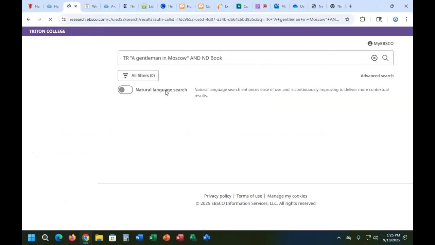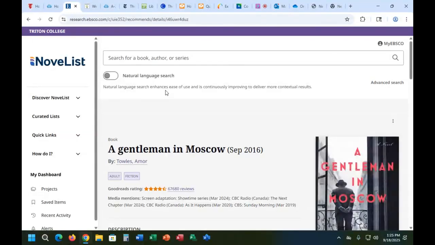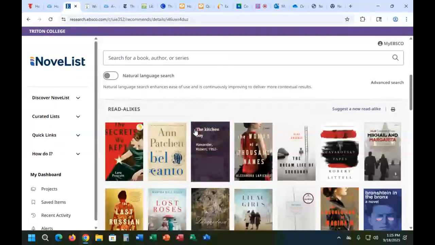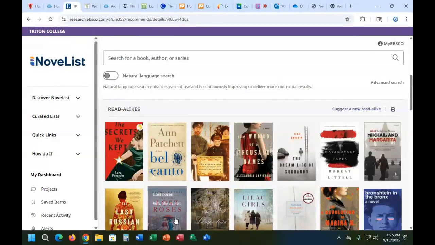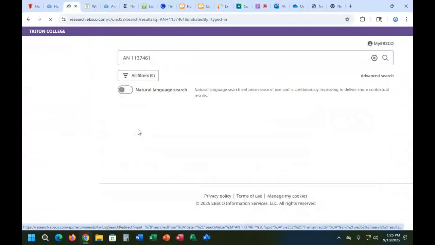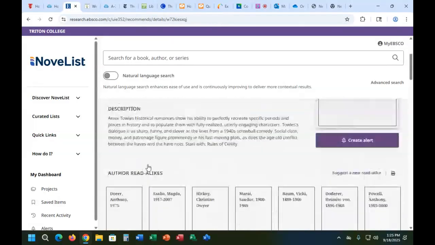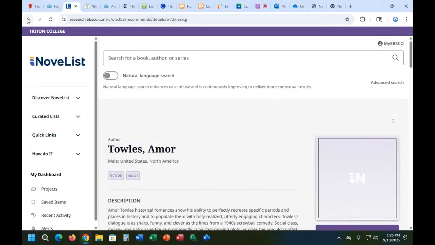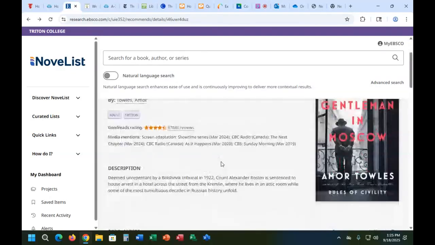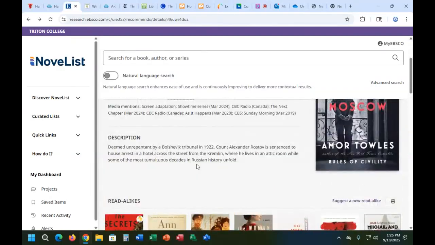if you read Gentleman in Moscow and you thought that book was amazing, you really liked Amor Towles, and you wanted to read something similar, one of the cool things you can do is it'll give you read-alikes. What other books are similar to this type of book? Or you can also go into Amor Towles and find out what else Amor Towles has written, and you'll learn about him as well. And then you can also look at something very specific about books that most people tend not to think about. And that is when you're looking at read-alikes and what this book is about,